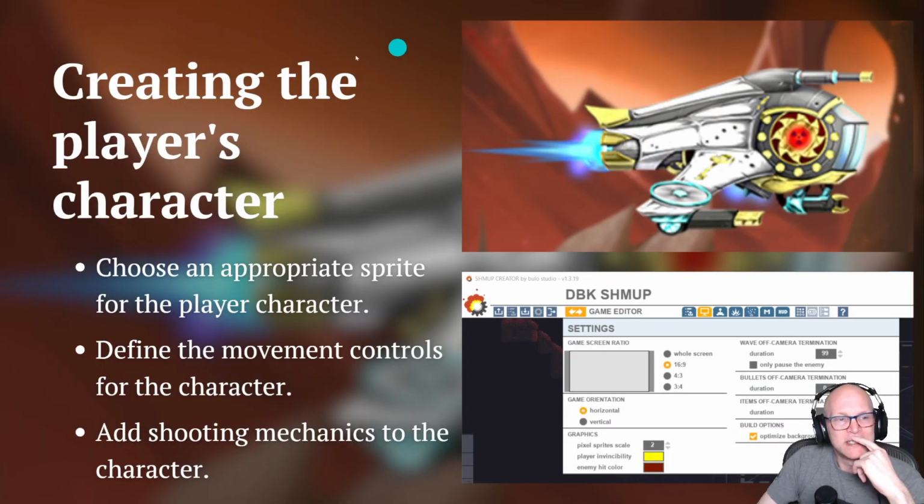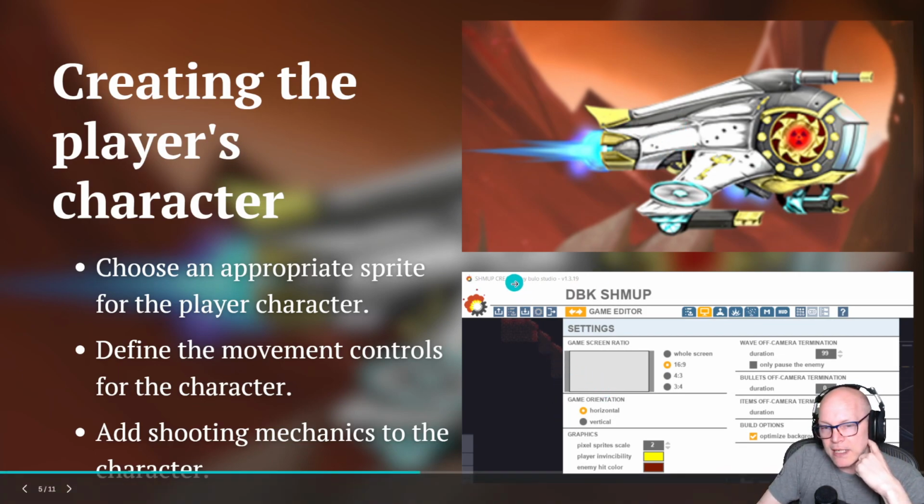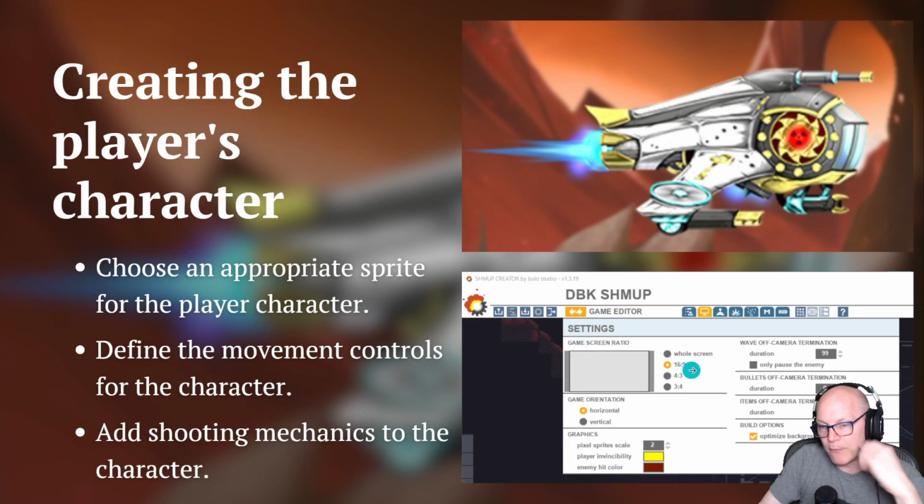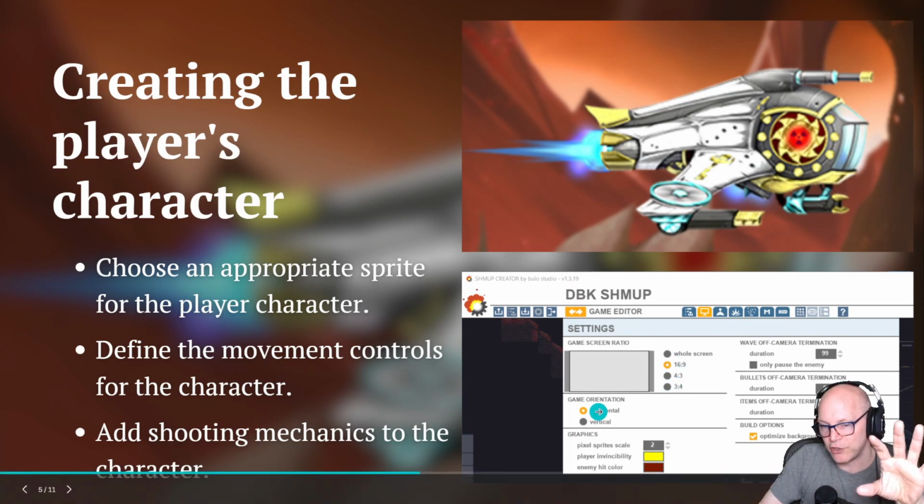Welcome aboard. One of the first things you're going to want to do after you're done playing with things and looking at tutorials is create your player craft. Depending on whether you want to do a horizontal shmup or a vertical shmup, that is going to change the orientation of your player character. In Shmup Creator, in the game editor under game settings, when you start a brand new project, it'll ask you whether you want a horizontal or a vertical shmup. And that just changes the orientation,